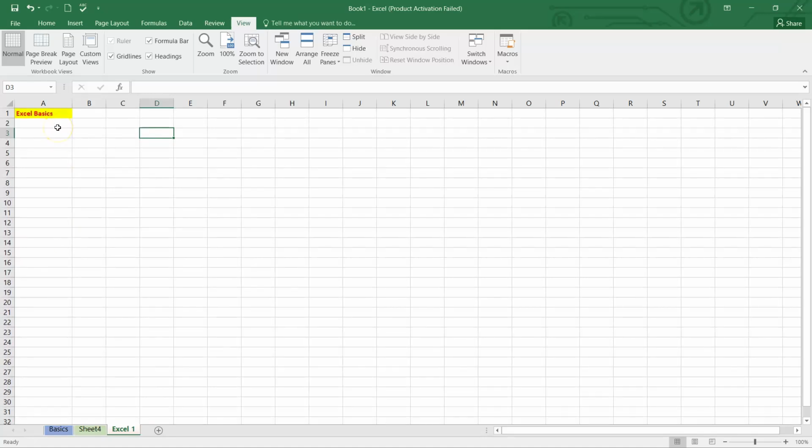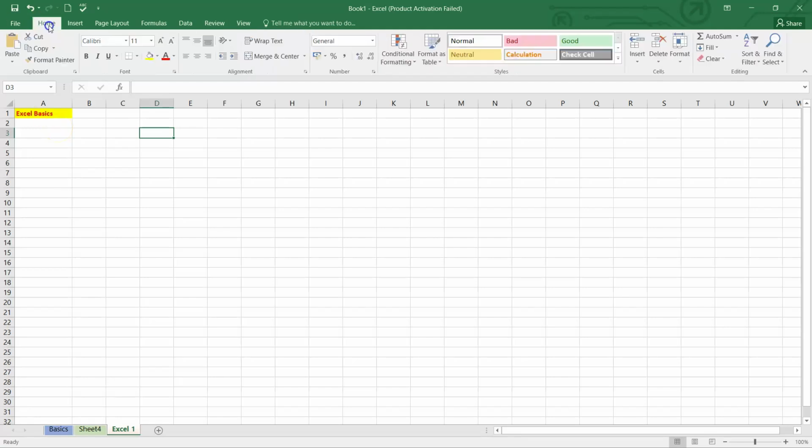Like I said, in the last video we learned about rows and columns. Let's also see how to select an entire row and column. For example, if I click on any of these cells, like we discussed, we can only select one cell. What if I want to give the same type of formatting to the entire column? For that, I can simply click on the column heading and the entire column will get selected.